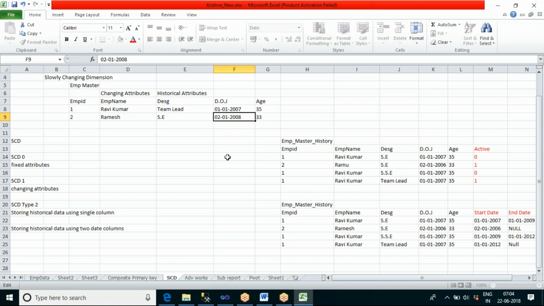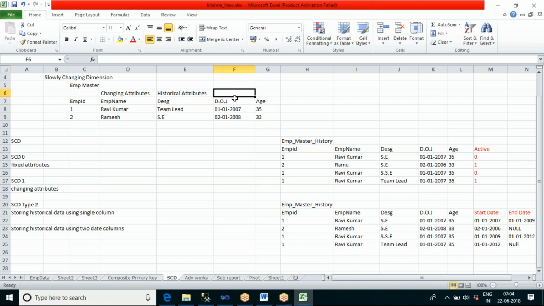Now this change I should not accept in the historical table. I should not update the 2006 here also to 2008. Why? Because this column data we should not allow to modify. So we should not accept that change in the historical table.